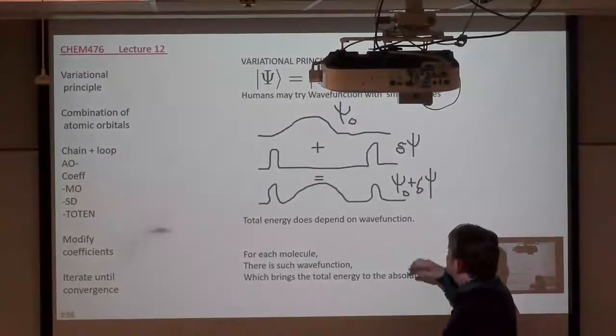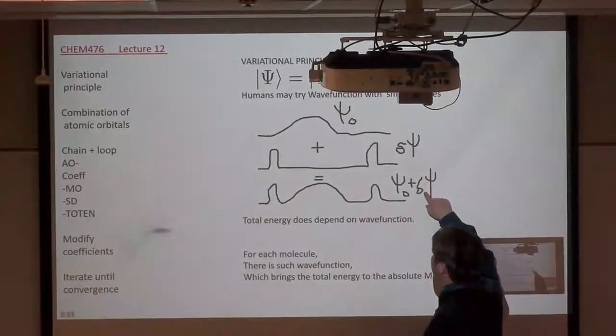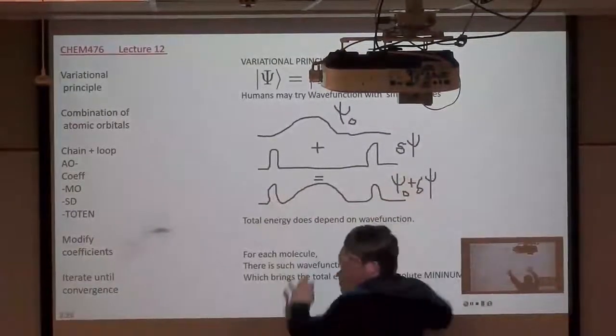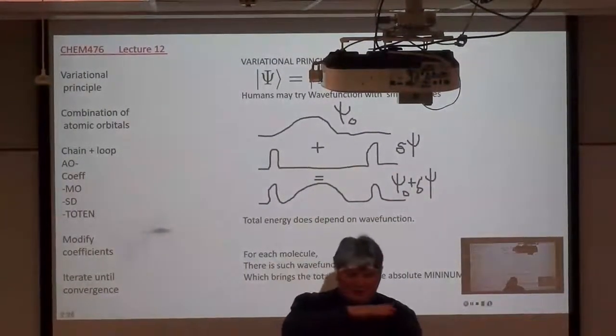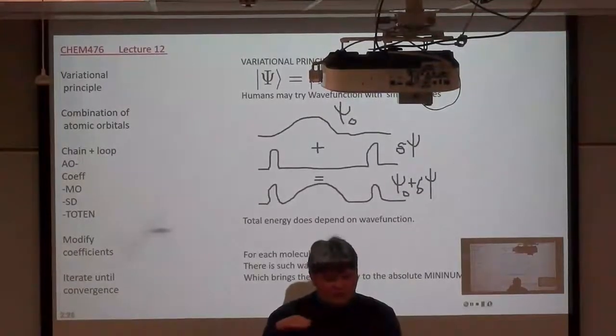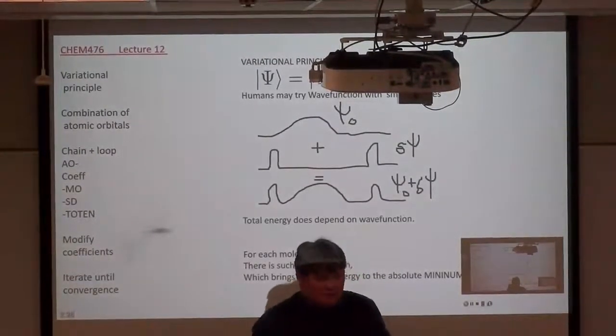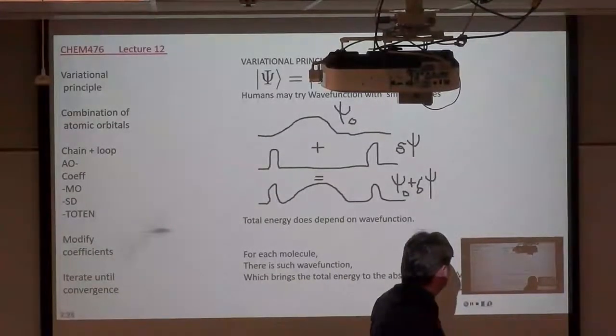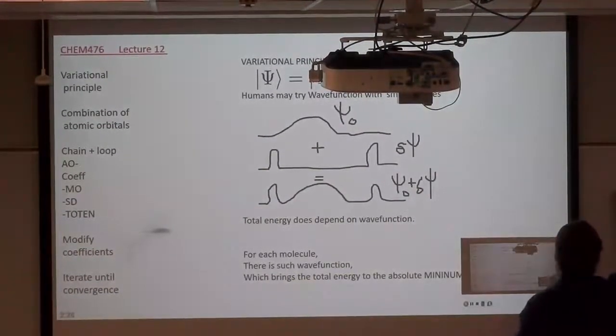So if we try different delta psi, evaluate the energy of the resulting function and see if it gets smaller, approaching the same value, it will be a good sign. So it is the reason why we need this variational theorem, which is like the